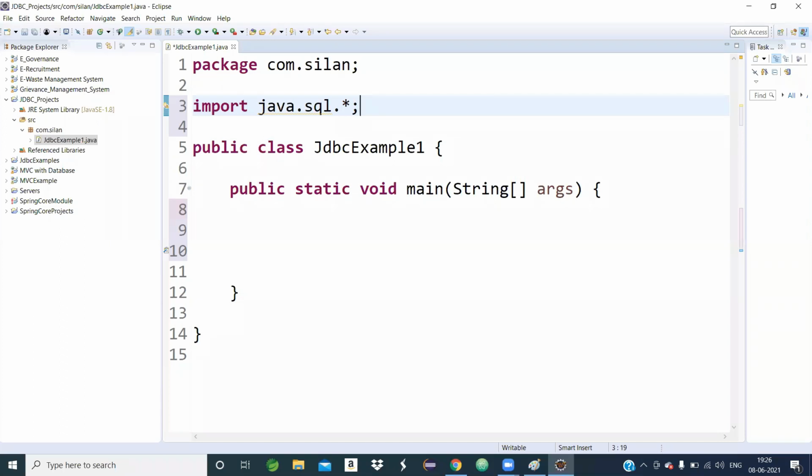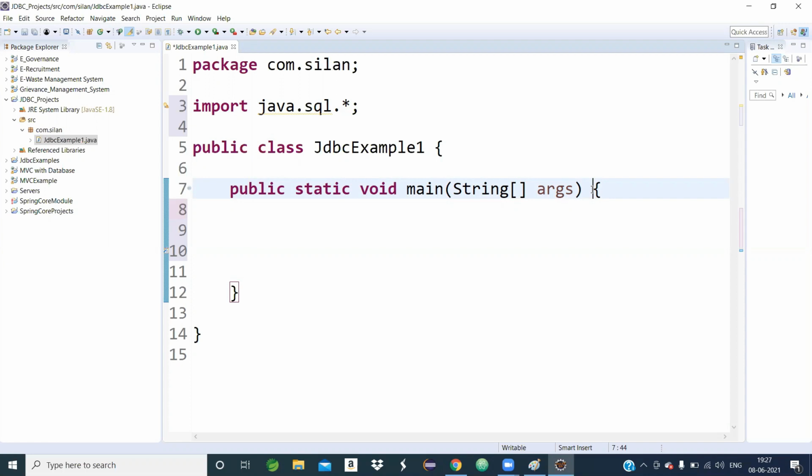Then the next point is very important. Every JDBC program throws a checked exception. We have already studied the exception handling chapter. With a checked exception, at compile time the compiler strictly verifies for the smooth execution of the program at runtime.